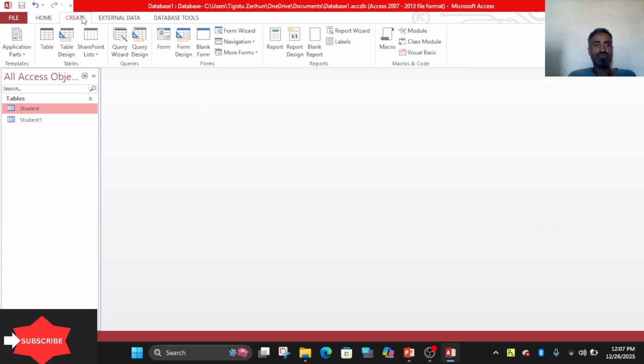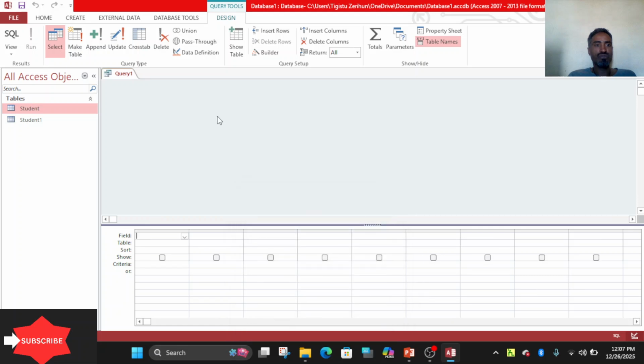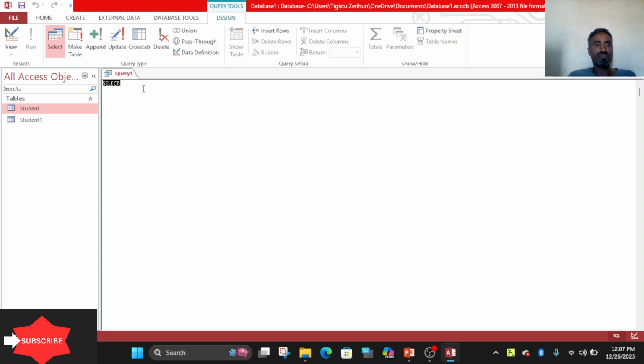For instance, choose Create, then Query Design, to write the SQL command. Then close this, then SQL View, it is ready now. After typing, you have to click on Run under the Design tab. But now it is not active because there is no command here.